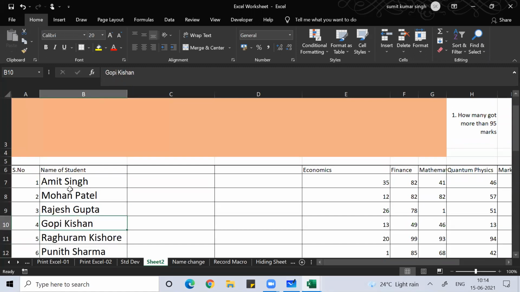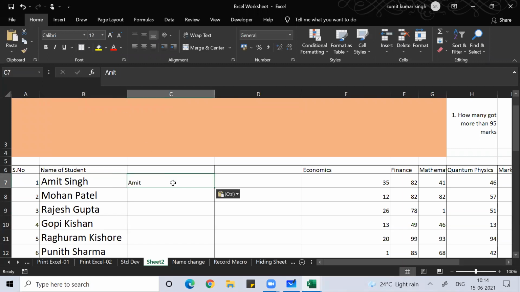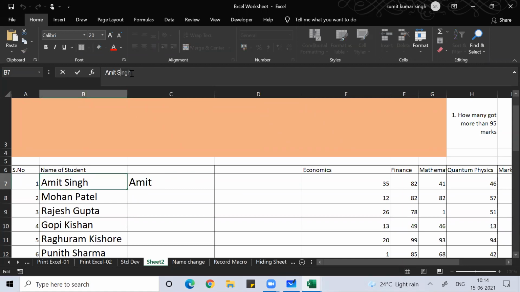Control C, Control V. Then copy the surname as well.